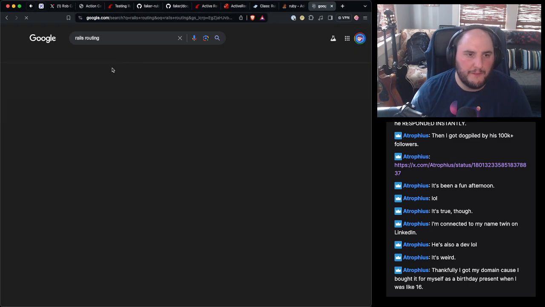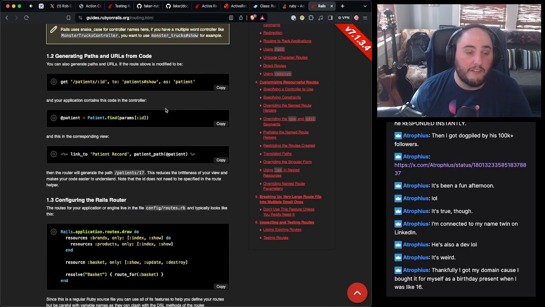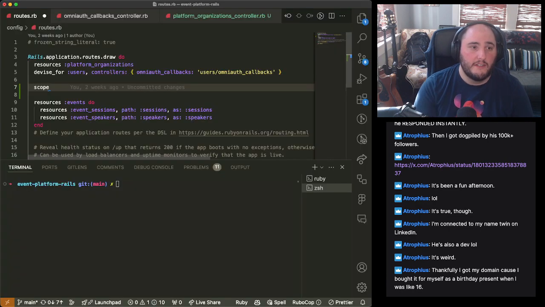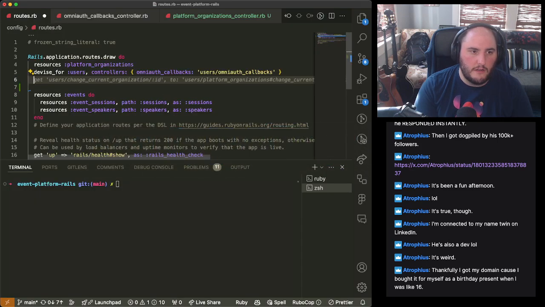Rails routing. It's been a minute. I haven't done this. So let's look at Rails routing from the inside out. In fact, okay, for now, we're just going to do this the very explicit way. So right now, we just need a post method. So we're going to do post on user.